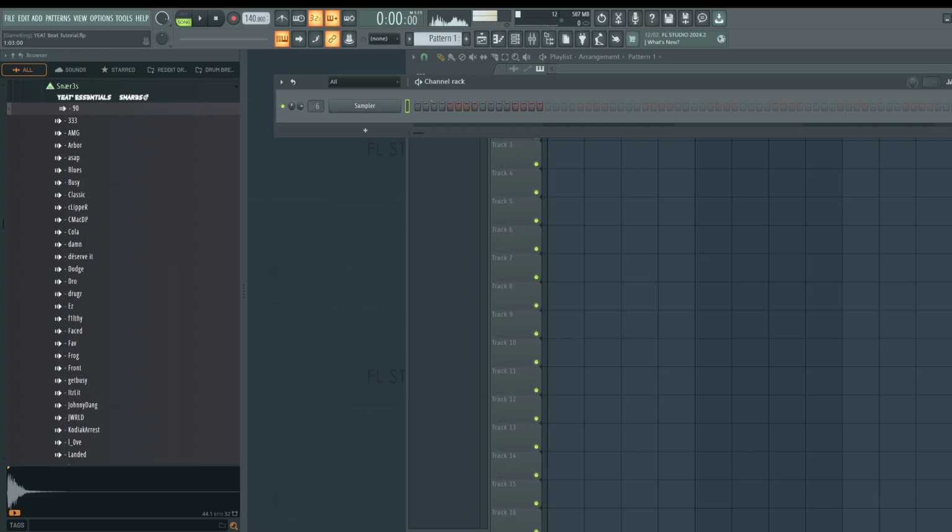BusyWorksBeats.com. Today we're going to make a Yeet beat in FL Studio. You guys will get the project files for free. Just go to BusyWorksBeats.com/FL Studio. So firstly, let's get the tempo down.